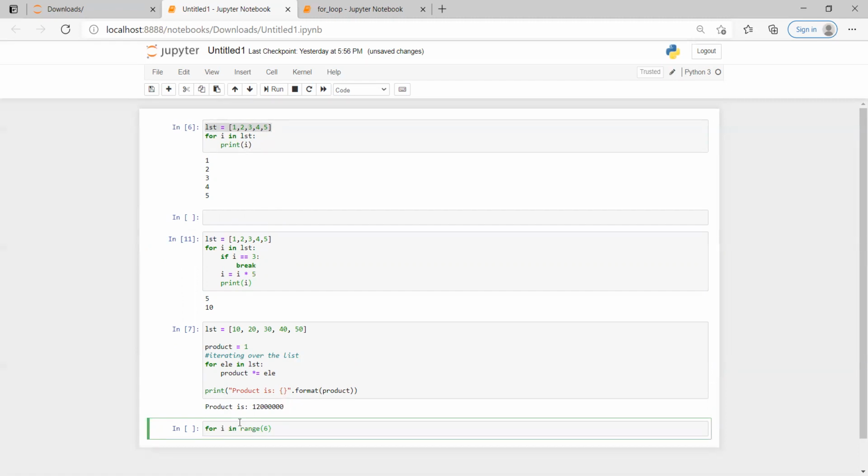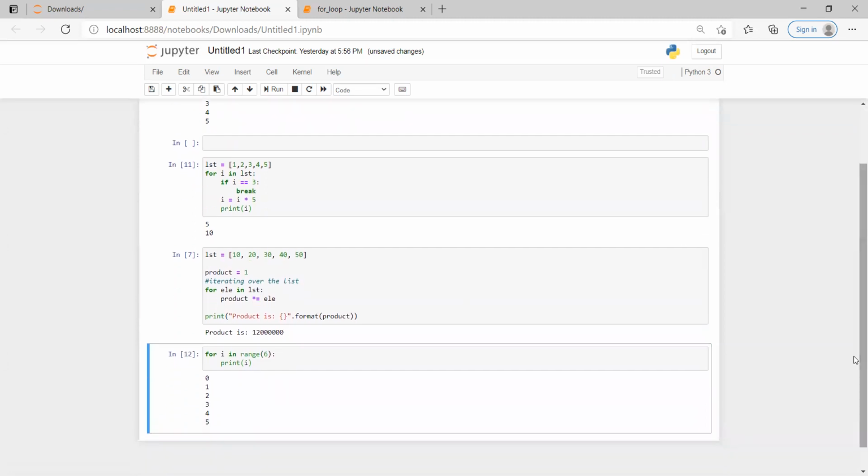What does the range function do? It takes the value from 0 till 5, that is 0 to n minus 1. And when you print i, it is going to print 0, 1, 2, 3, 4, 5.